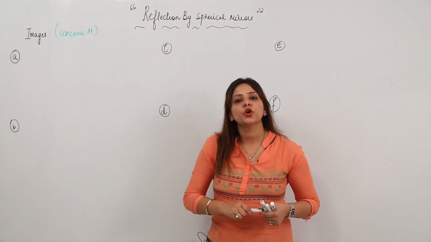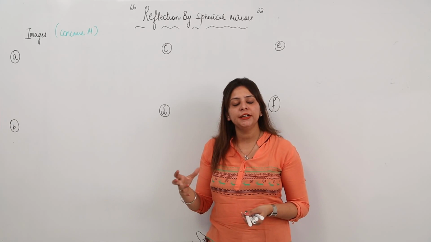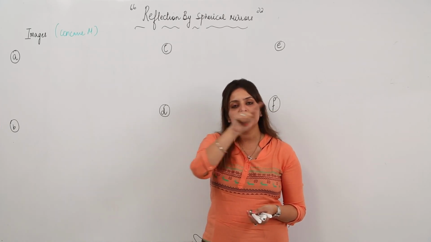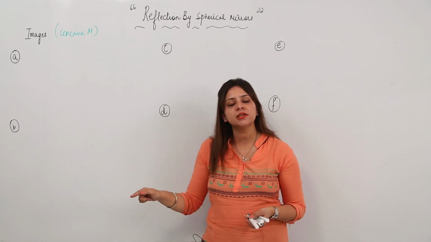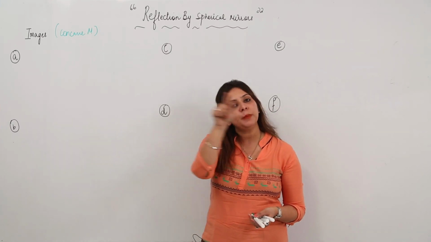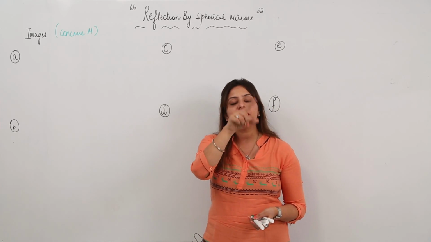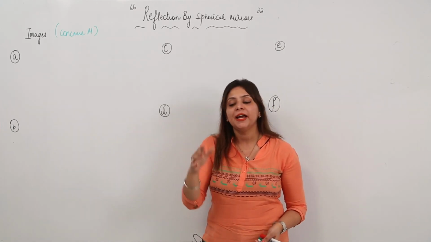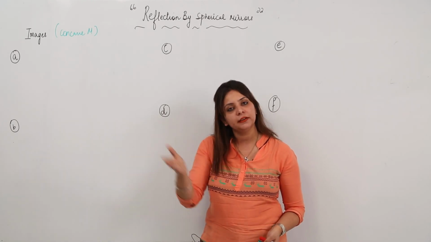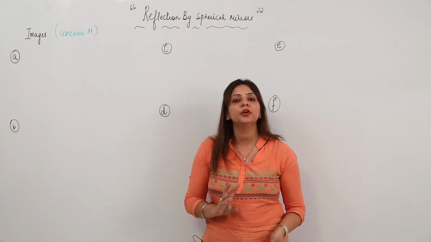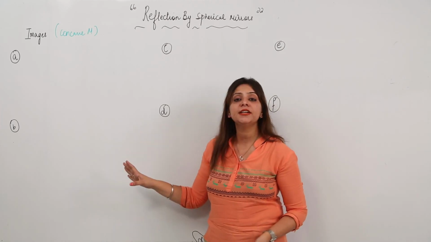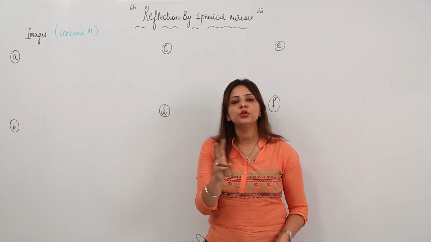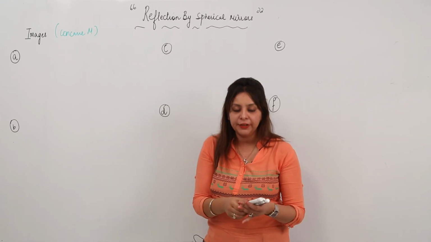Whenever we are drawing the ray diagrams for concave mirrors, we have to remember the rules which we did: a ray coming parallel, after reflection passes through focus; a ray coming from focus becomes parallel to the principal axis after reflection; when it is passing through C, it just rebounds back; and when it is striking at the pole at a certain angle, it gets reflected by the same angle. We need to remember all such rules. But whenever we are drawing the ray diagram, we need to consider only two rules. Any two rules we can consider, and we can make the ray diagram.